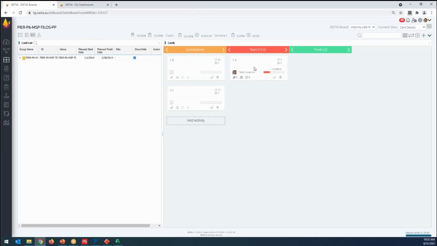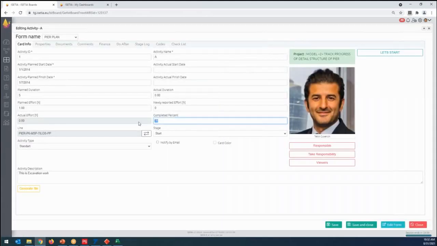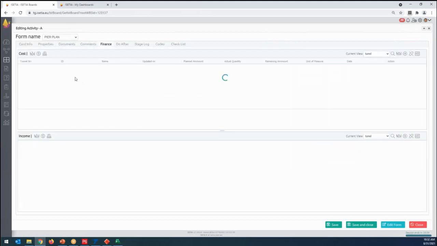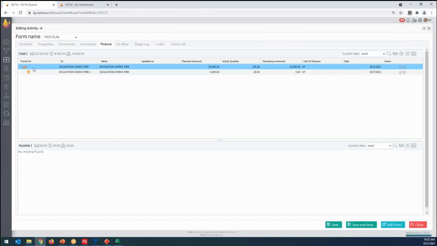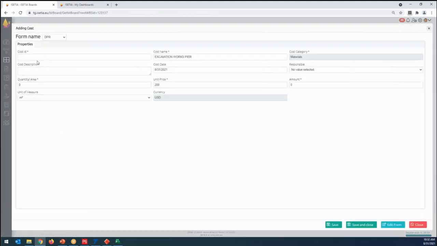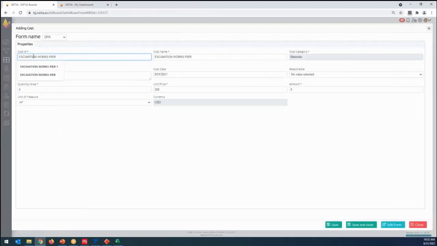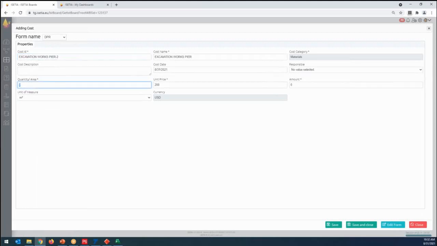Of course, the next day, the person can come here and enter, for example, that I have 50% progress, go to finance information, and then enter the second progress. Let's say, okay, we have today 40 cubic meters progress, and save, and the date, let's call 28.